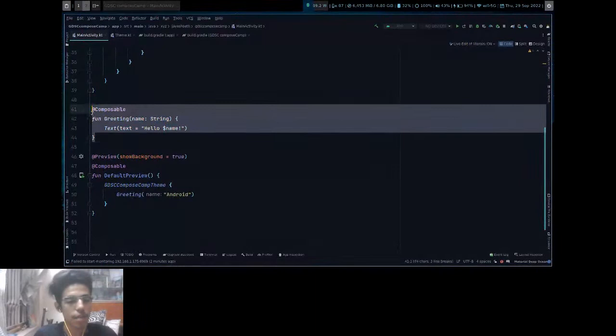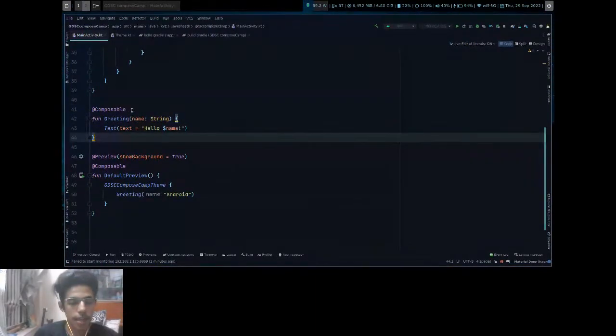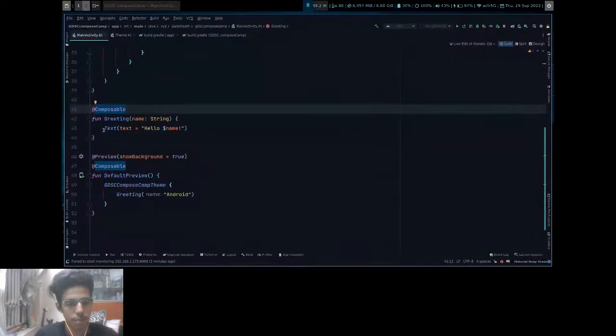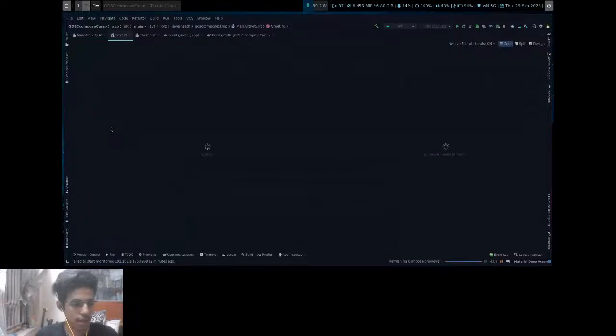And next, we created a function. Okay, so anything in compose is a composable, just like in Flutter, anything is a widget. In composable, this text, if you go to the declaration, is the best way to learn. In case I was a new developer getting into Compose and I don't know what it is, the first thing I would do is click text and go to the code declaration.